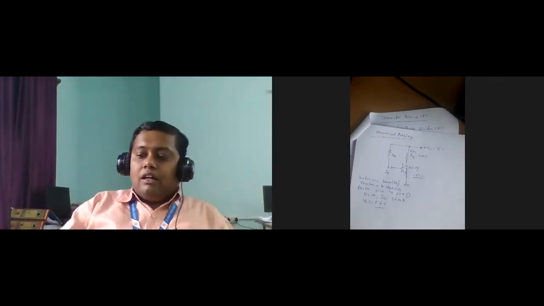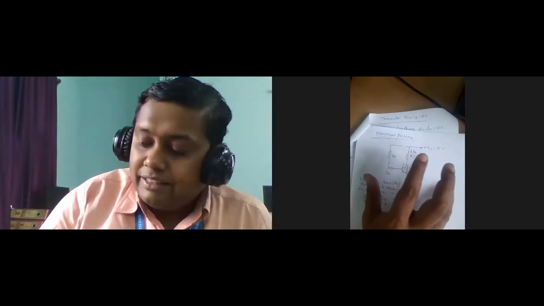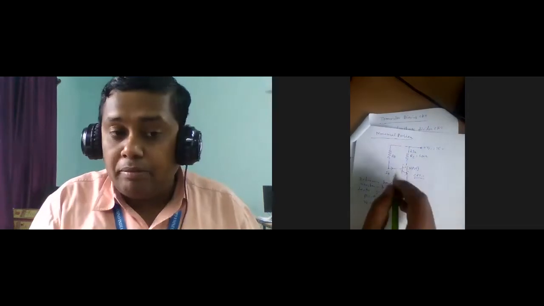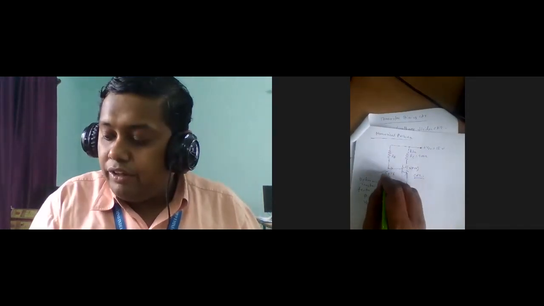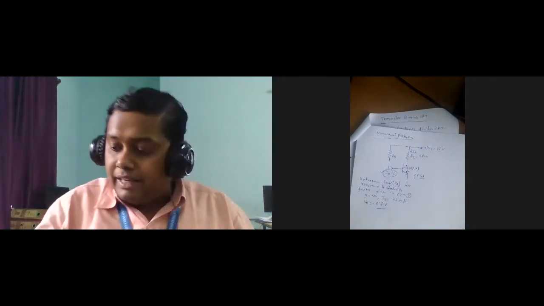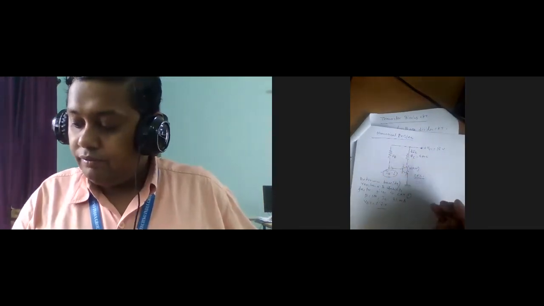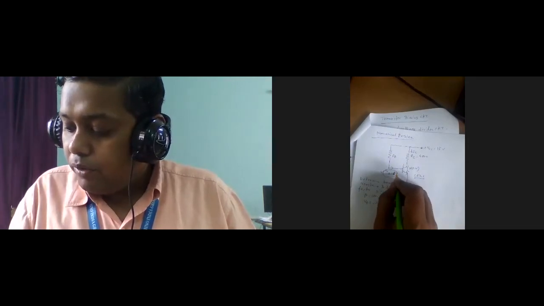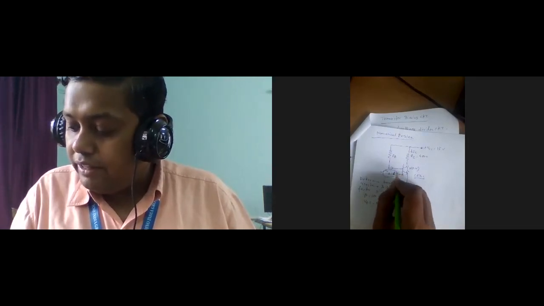So in the last day, we already focused on the KVL in the forward loop and this input loop also. In that case, we have also analyzed the voltage and current respectively in the following branch. Here we want to know the base current IB and base resistance. Sorry, IB is already given, that is 0.32 milliampere. It is already given in the question.